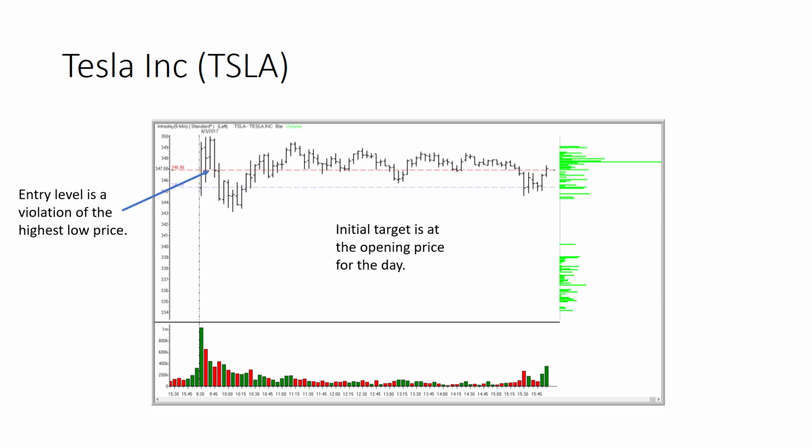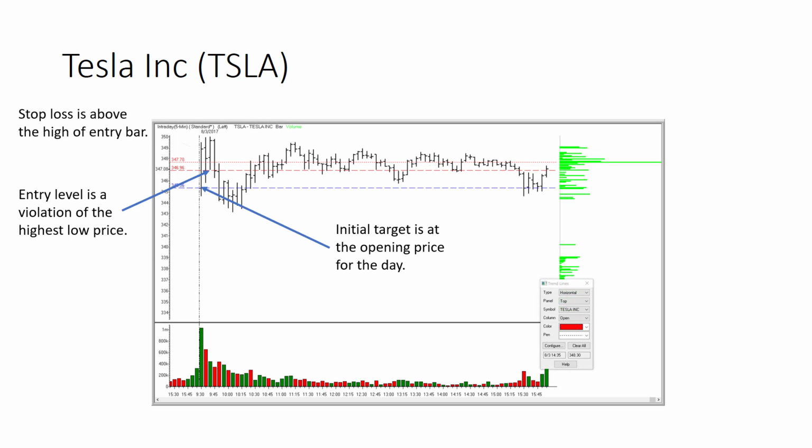And once again, our initial target is going to be at the next significant thing that we see happening. That would be the open of the first bar of trading. Looking for a move 346.96 down to that opening tick. We're going to need a much better stop loss than something up around the high of the day. And what I like to do on these is look at the bar that causes the trigger. And what I would do on this is look at that second bar of trading and third bar of trading. I see that close, I see that open.